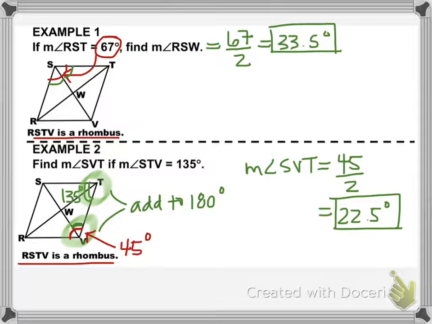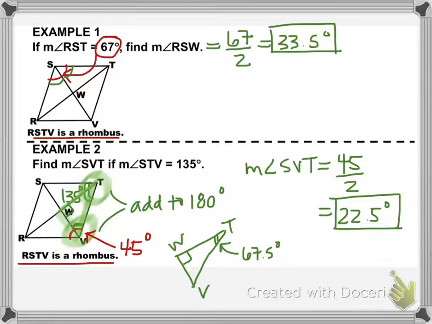There you go. You can also think of this as another way. So remember, again, if you look at the right triangle, I'm going to redraw it real quick just so you could see it. And I'm looking at this one, WTV. Remember, there's a right angle here. The diagonals make right angles. So this angle up here is going to be half of the 135, so it's going to be 67.5